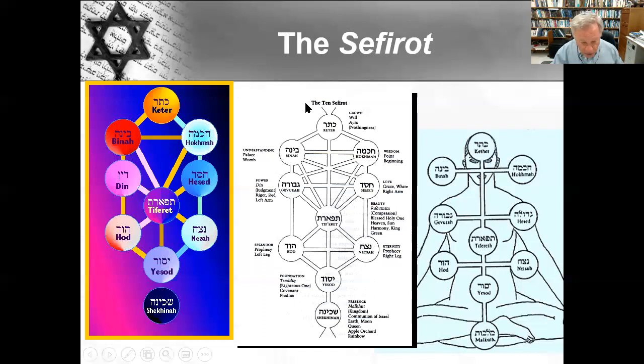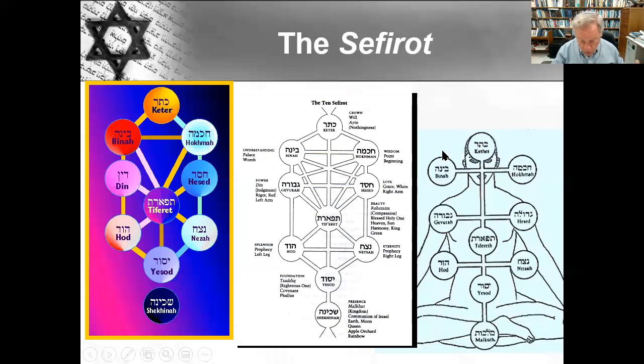Barbara's asking, where is Ein Sof? Ein Sof is above this. So Ein Sof is not one of the 10 Sefirot, it's above it. And Ein Sof means without end. It's also called nothing, meaning no thing. There is no thingness to Ein Sof. So it enters the mind of God to create the universe.